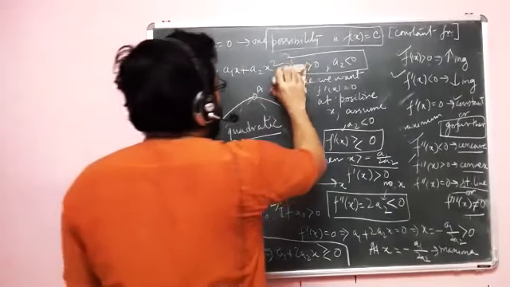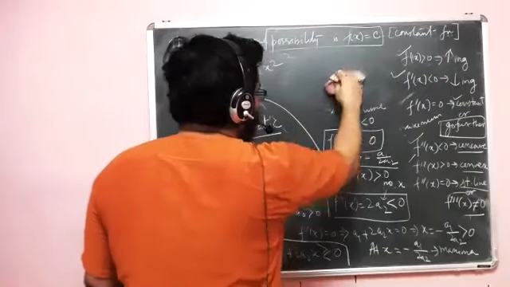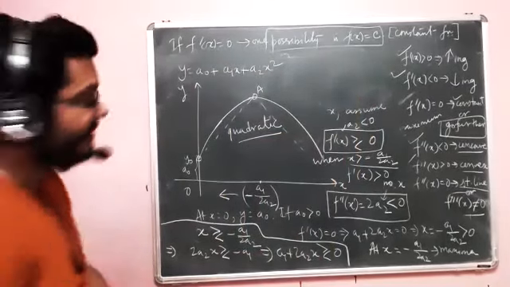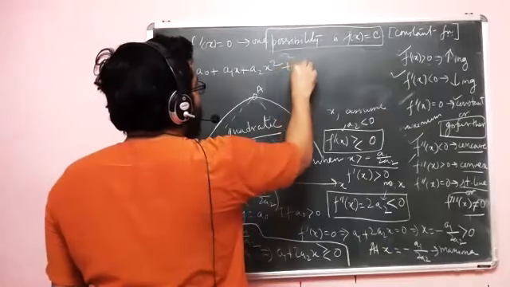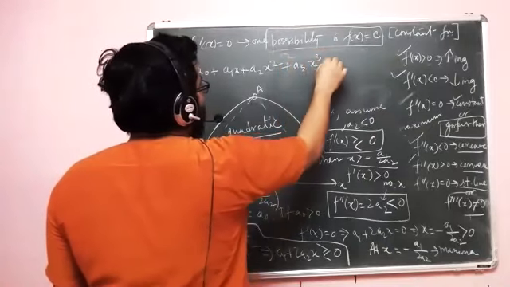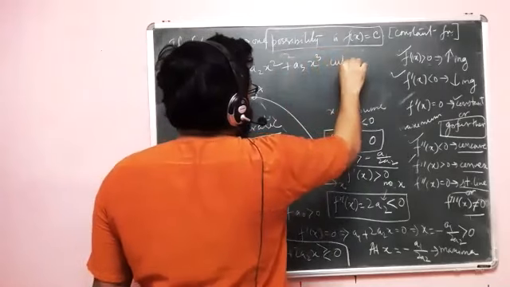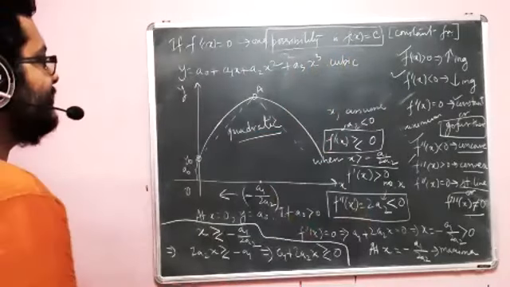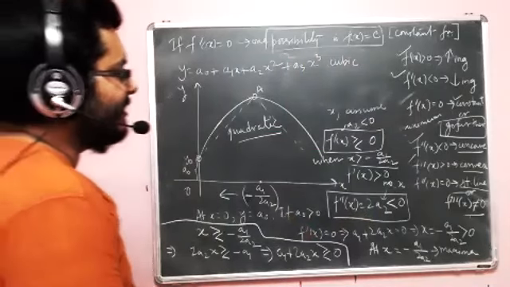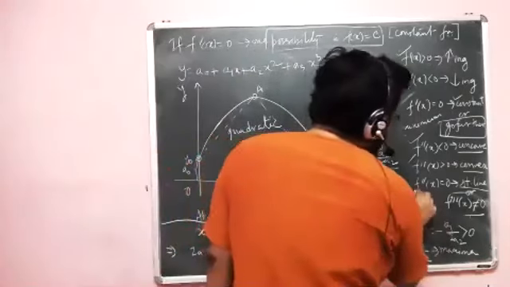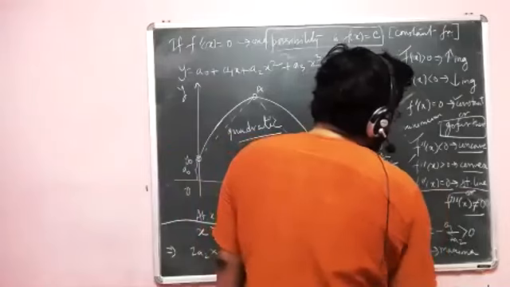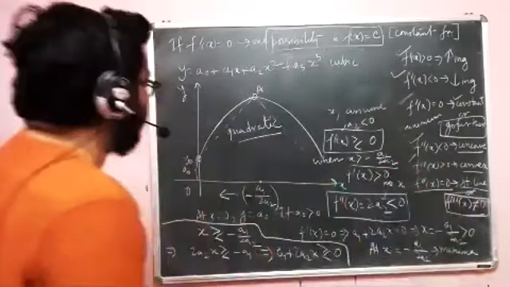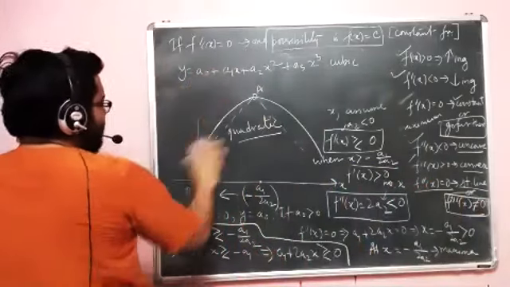So if I add another component, a cube x cube, I can have a cubic function as drawn. But in case of a cubic function, obviously you can understand that I have this possibility of f double dash x equal to 0 at some x, where f triple dash x is not equal to 0. Okay, so let's look at the sample curve.